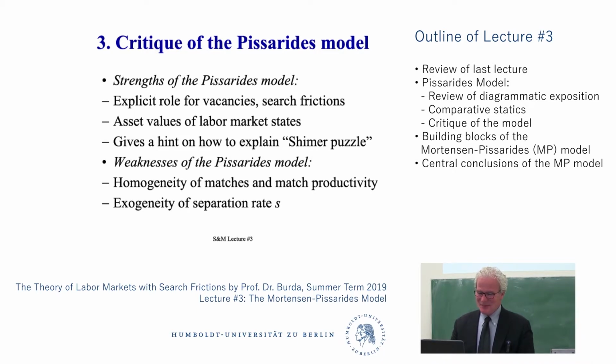So we got as far as here. And again, the hints on how to explain the Shimer puzzle are even more interesting than that. You could also say, maybe wages aren't Nash bargained. Maybe wages are rigid. The people who basically solved the Shimer puzzle, Shimer, Hall, and some others, say that if we put features in the model that make workers and firms negotiate rigid wages, that does great wonders.